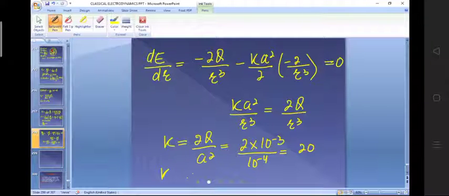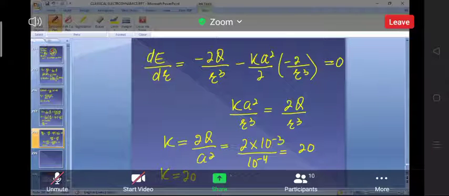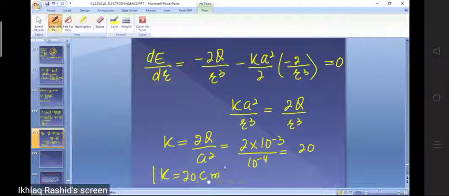Fine. Okay, and you can calculate what the units are. We are not bothered about that. So k is equal to 20. It will be simply k is equal to 20. Let me write it in a perfect order. So k will be equal to 20 coulomb per meter square, like this. So this is the answer to the problem. Asked in 2017.